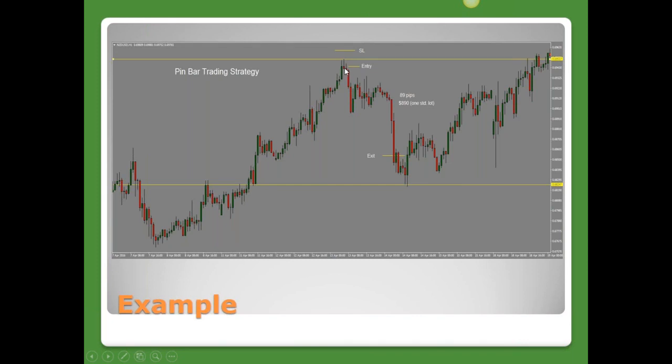Our entry can be right at the bottom of the pin bar, or like I mentioned, you can wait for a 50% pullback. In this case, we do get that 50% pullback that we tend to see. Stop loss would go above the pin on the other side of your support and resistance line, right over there, and you're looking for price to just come back lower. So you're looking for the next important support and resistance area that you can see, and you can either put your exit somewhere in here at the next support and resistance area,